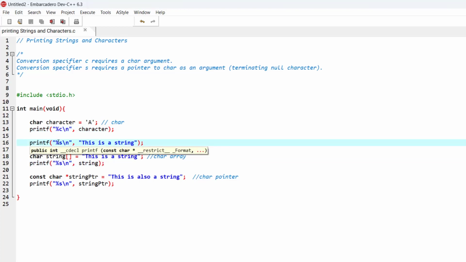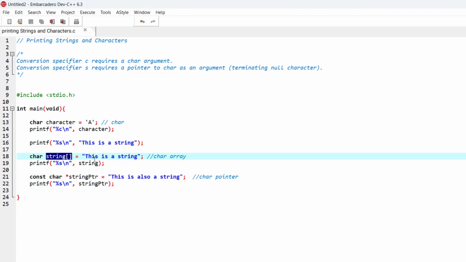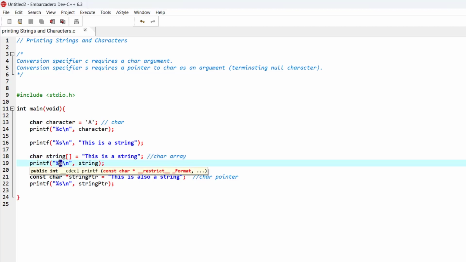We can directly print a string using printf and the conversion specifier %s, and print the string without storing it into a variable. Or we can also store it into a variable, and to store it into a variable we need to store it into a character array variable. You can see this is a character type and this is an array, and we can store our string into this character array, and we can print it using the conversion specifier %s and the name of the character